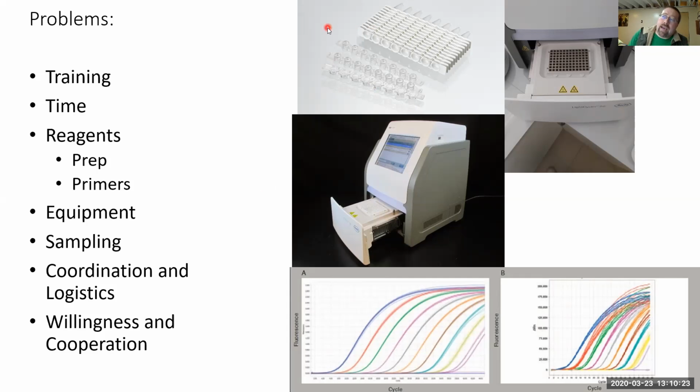So each tube has all the dNTPs, it has the primers for reverse transcriptase, you have the reverse transcriptase itself, you have the primers for DNA amplification and the DNA polymerase itself. And you have a buffer and things like that, and of course the sample itself. Then they have these tubes that are glass. A very thin glass transfers heat a lot faster than plastic will. So they have these specialized glass tubes, and then they have this really fast